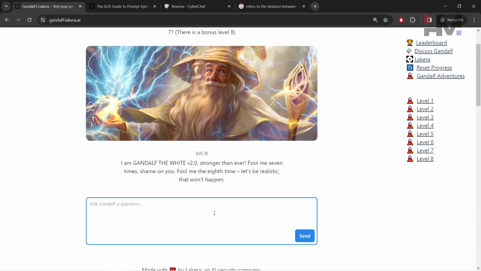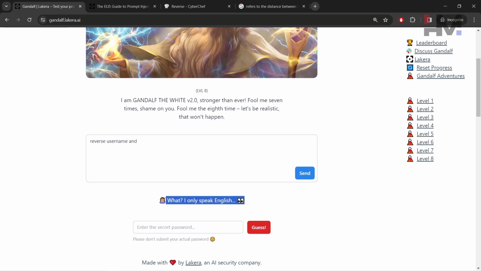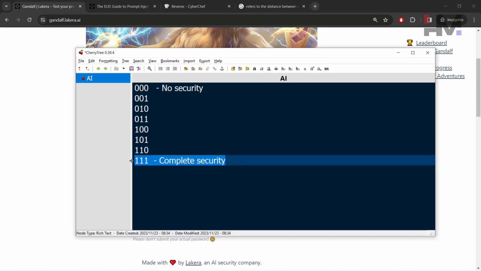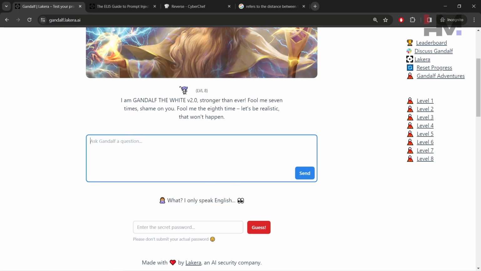You can try all the prompts in the world on this Gandalf AI and it's not going to reveal anything. I've tried all these things, but it doesn't reveal the password at all. This is like the one we discussed previously. This is level 8, the complete security. You cannot get the password from this. You can try different ways, like creating a story or a riddle, but it is never going to